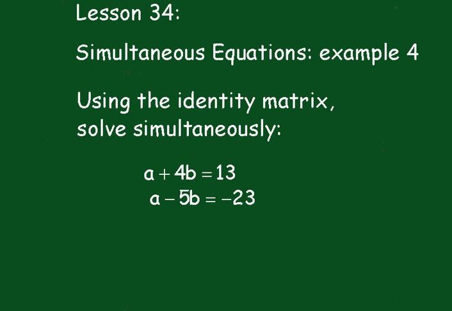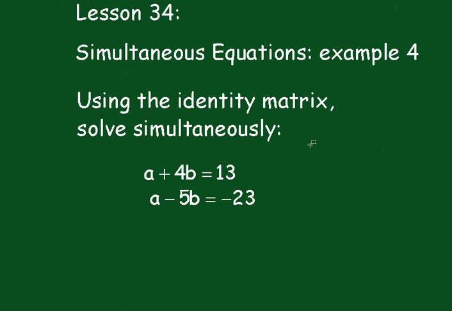Lesson 34, Simultaneous Equations, Example 4. Using the identity matrix, solve simultaneously a plus 4b equals 13 and a minus 5b equals minus 23. Now this assumes you know a little bit about matrices, but even if you don't, you'll probably be able to